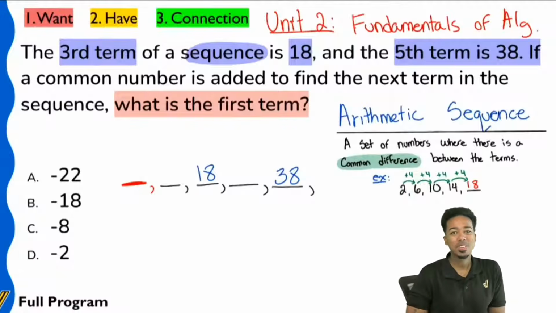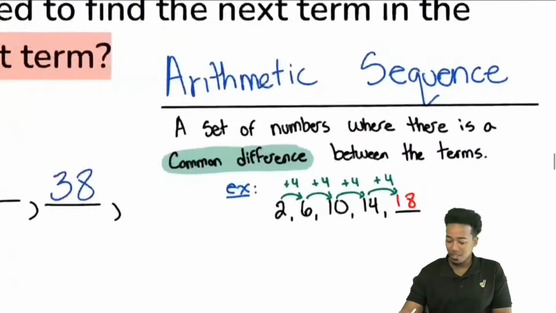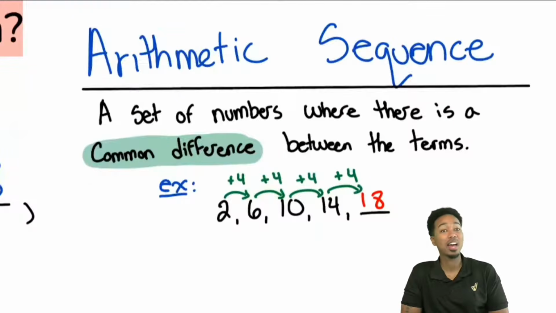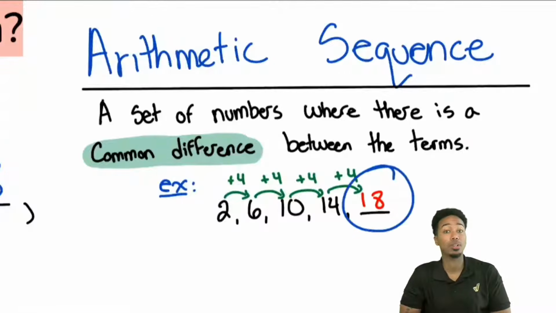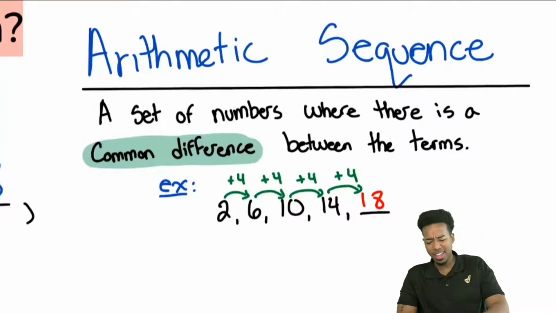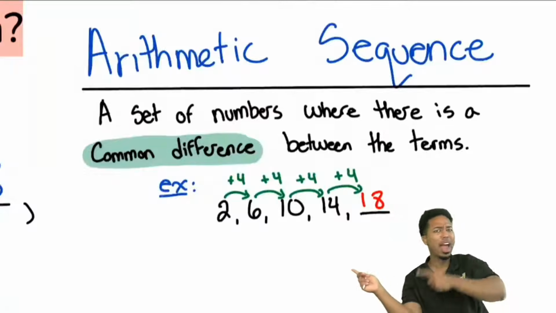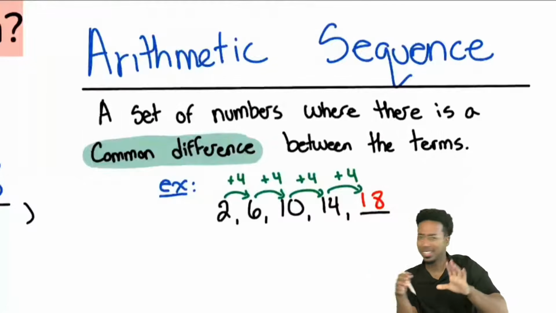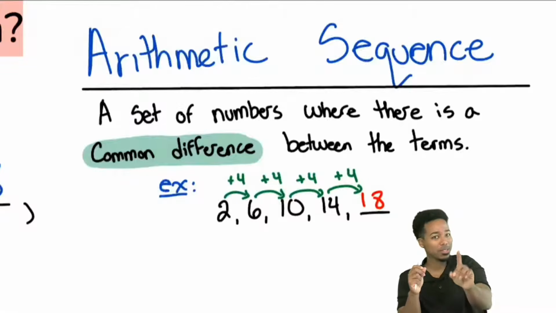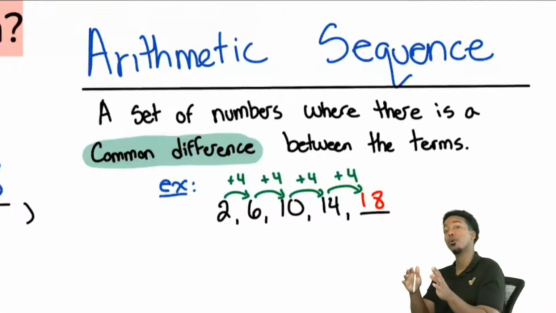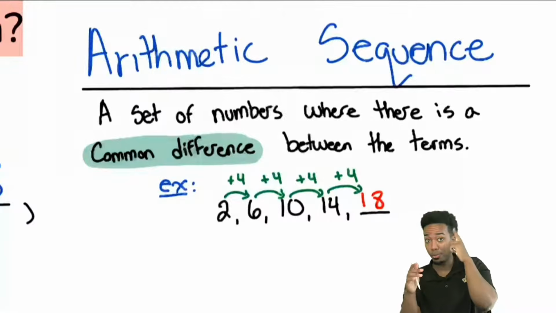Okay. So now that we're here, it's a little weird, right? Because when I showed you this example over here, I just asked you, what's the next one? Not, we have the third and the fifth, let's work backwards to find the first one. It's a little weird in that sense, but I'm still going to show you how to solve it. It's actually very straightforward as long as you know the principles of what we're doing.